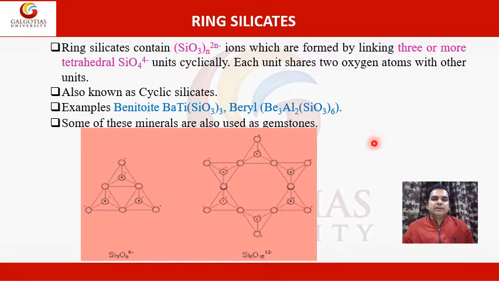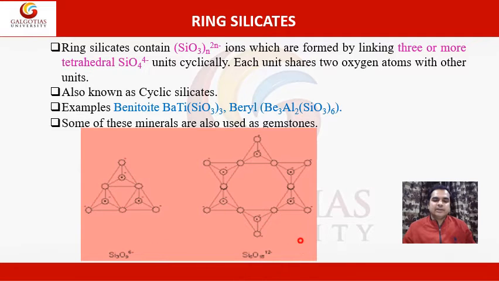We can say that ring silicates are minerals, silicates, which are mainly made up of three or more tetrahedral units which are joined cyclically. That means they are forming a cyclic ring type of structure by combining with each other. And in these ring silicates, each unit shares two oxygen atoms with other units. As we can see in this case, this is the structure of Si3O9 6 minus,